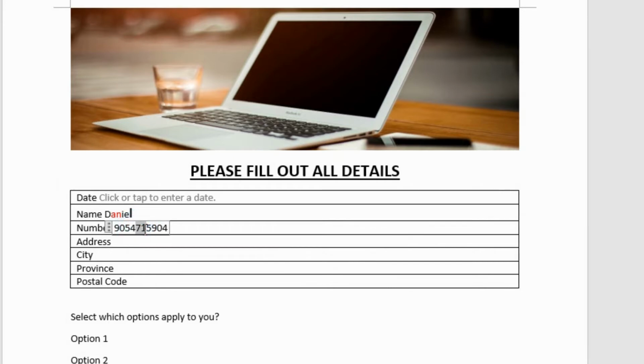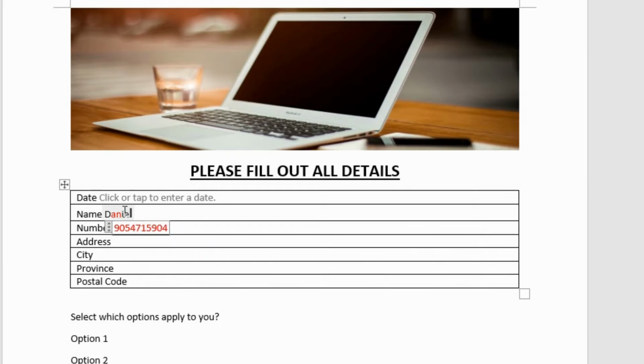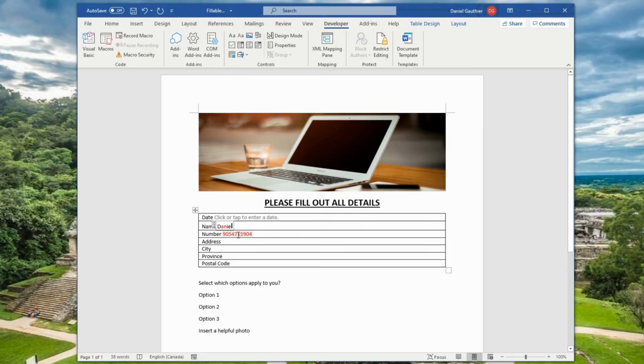But if I take part of this and say I want to just change these couple numbers, it changes the whole thing. So we don't have the same level of control over these things with the plain text. If you want to have more style control, then you'd choose the rich text option. Otherwise, just do the plain text. So I'm going to just reset this back.